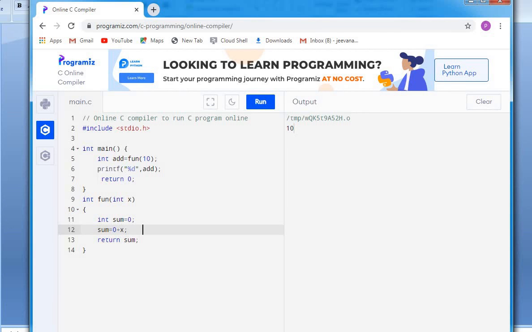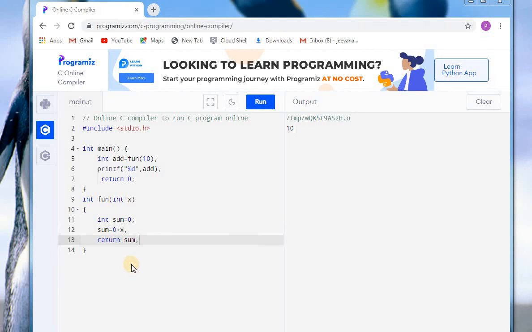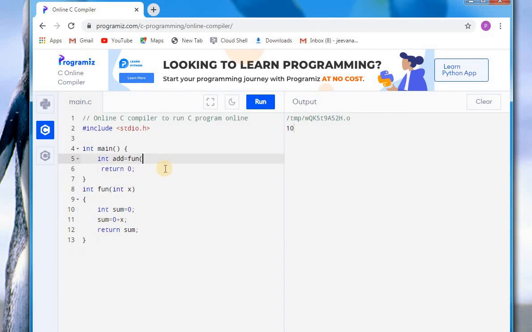I'll show you without parameters and with return type. I've already shown you that, I think. Now let us see with parameters and without return type. So I'm not returning anything. Function int x, same example I'll show you. Here I'll not return anything. When you're not returning anything, here itself I'll declare a statement that is printf %d comma sum. Now this whole code will be executed.